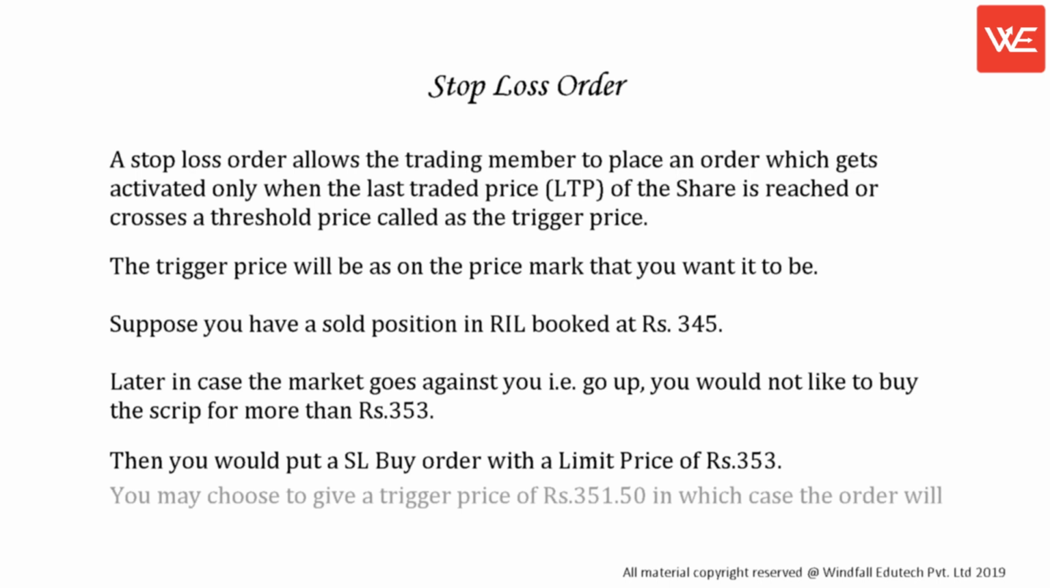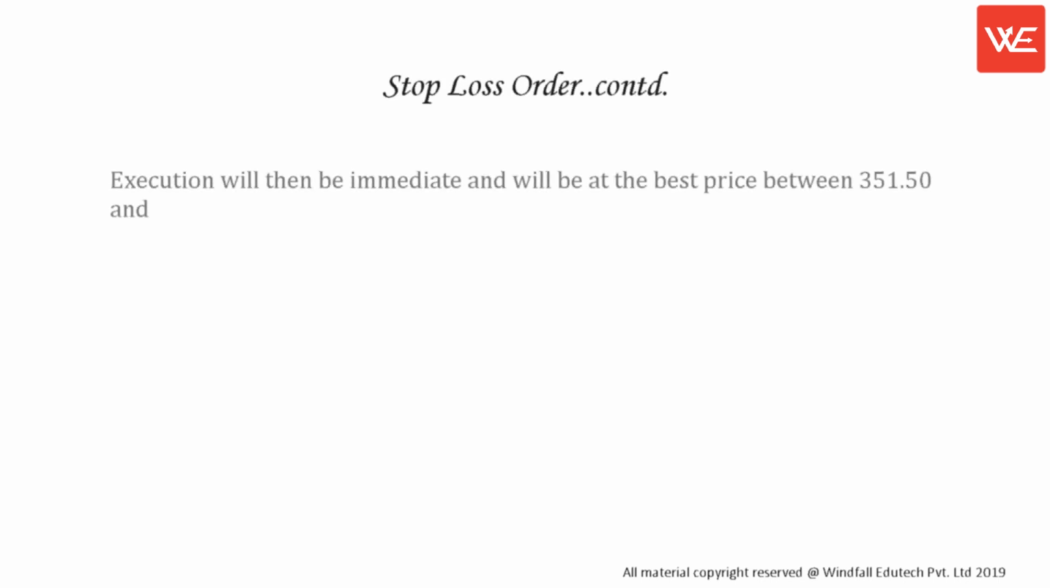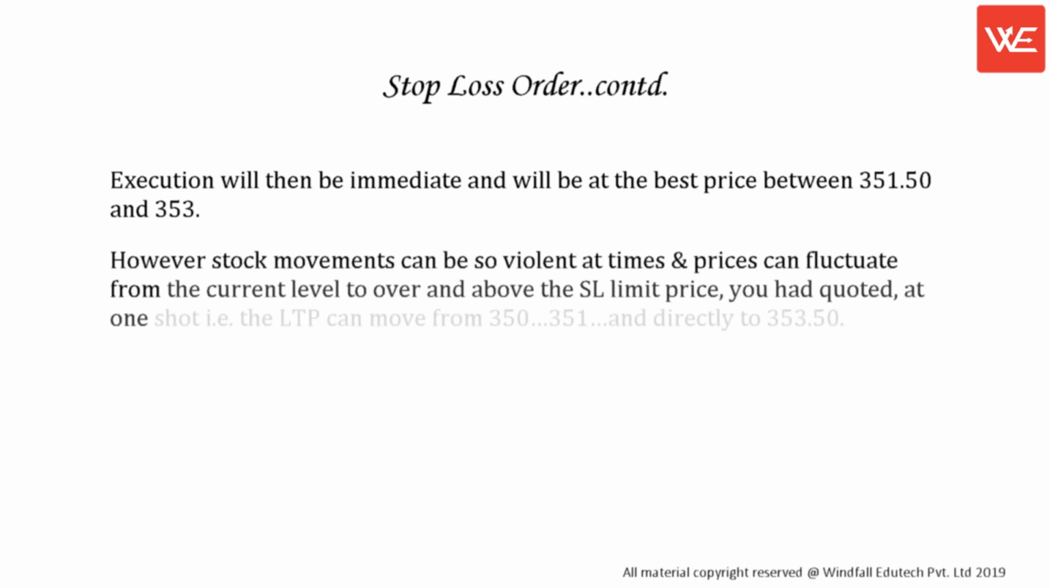You may choose to give a trigger price of 351 rupees and 50 paise, in which case the order will get triggered into the market when the last traded price hits 351 rupees and 50 paise or above. Execution will then be immediate and will be at the best price between 351.50 and 353. However, stock movements can be so violent at times and prices can fluctuate from the current level